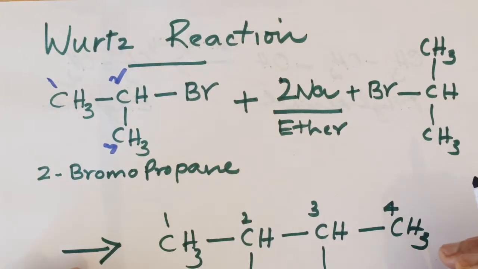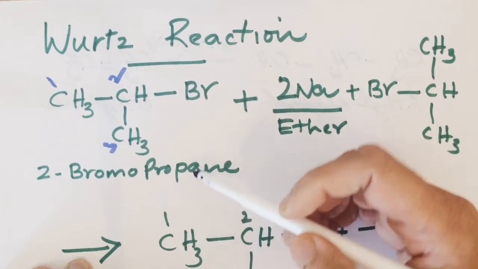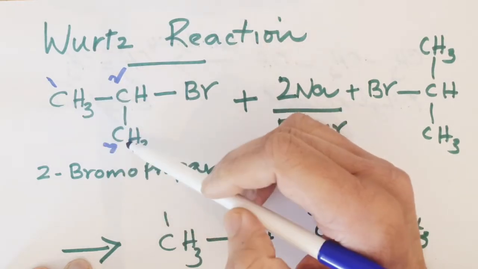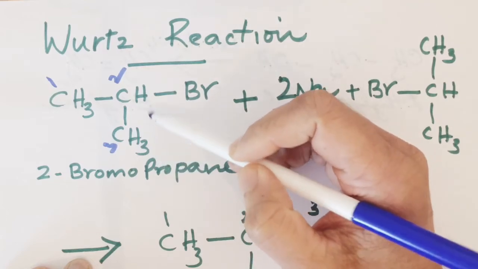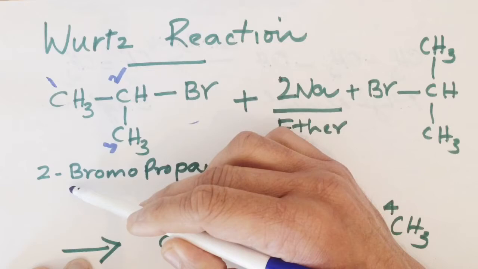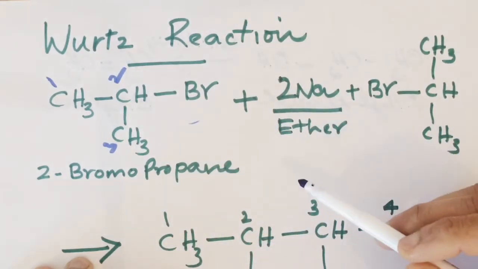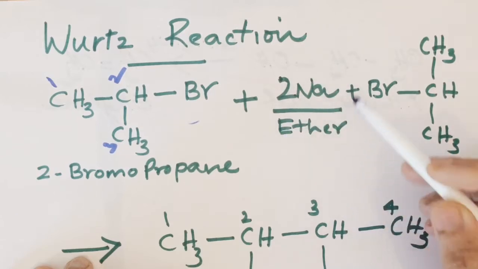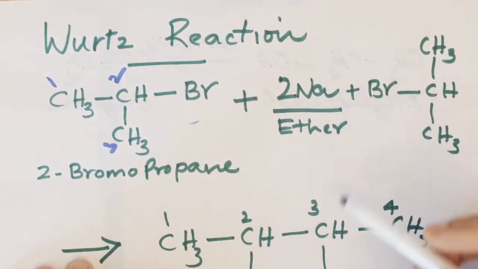So here is another example for Wurtz reaction, that is 2-bromopropane, because it contains 1, 2, 3 carbon atoms and all single bonds, so it is an alkane, but there is a bromo group at the second position, so it is called 2-bromopropane. It reacts with the Wurtz reagent, that is metallic sodium in ether solution, and forms a